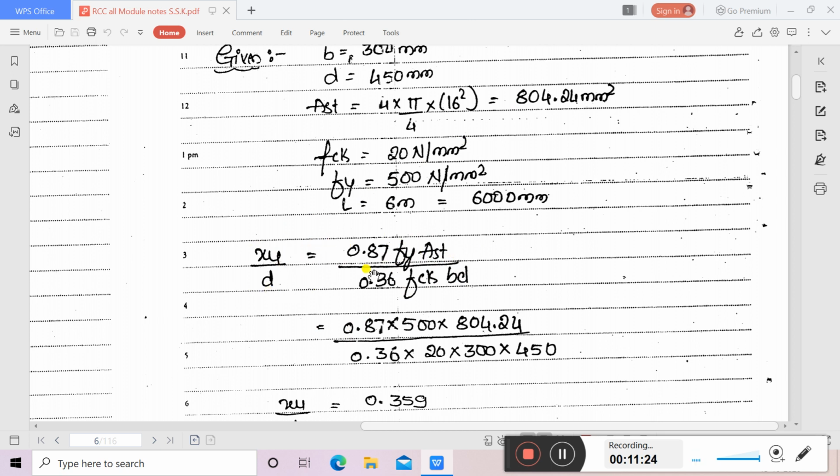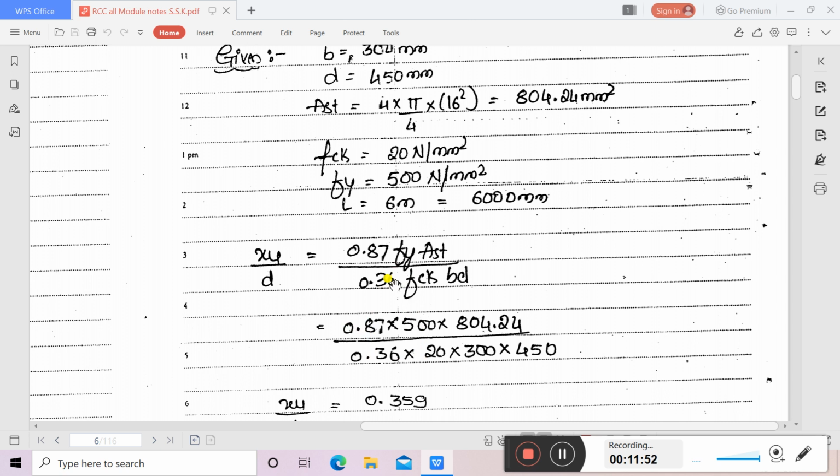So Xu by d is equal to 0.87 Fy Ast divided by 0.36 fck bd. It is there in page number 96 of IS 456 2000. Keep it in mind. Just open your code book and check. You know these values, substitute and find out Xu by d and compare it with